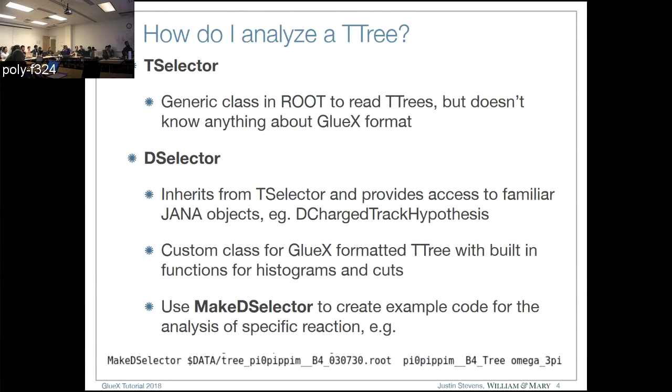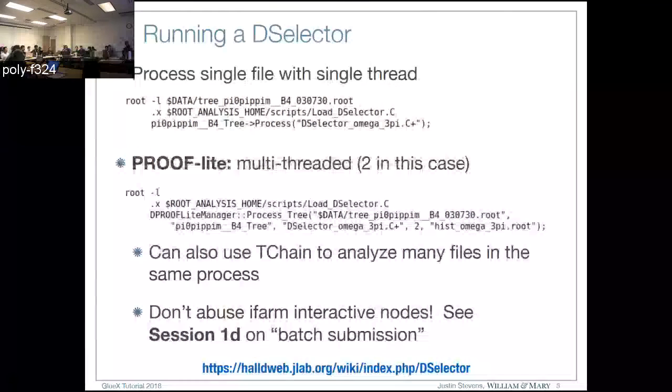If you have a different T-tree, you'll need to run this make D-selector separately because the contents of the tree are different, and it'll create a different set of example code for you based on it. Okay, so once you have this D-selector, it has a name. Like I said, it's called